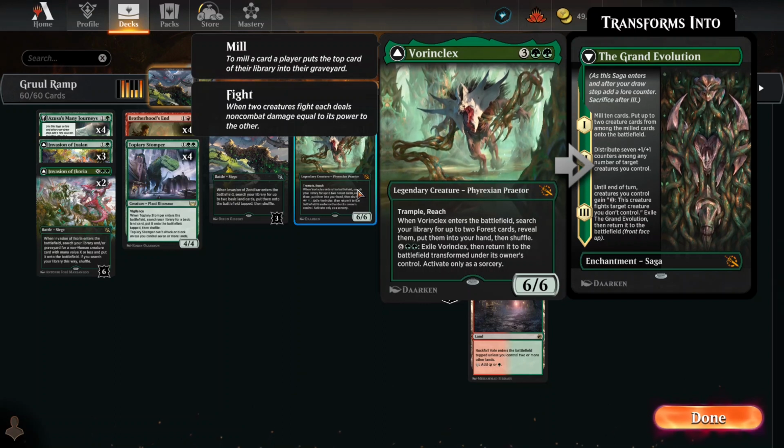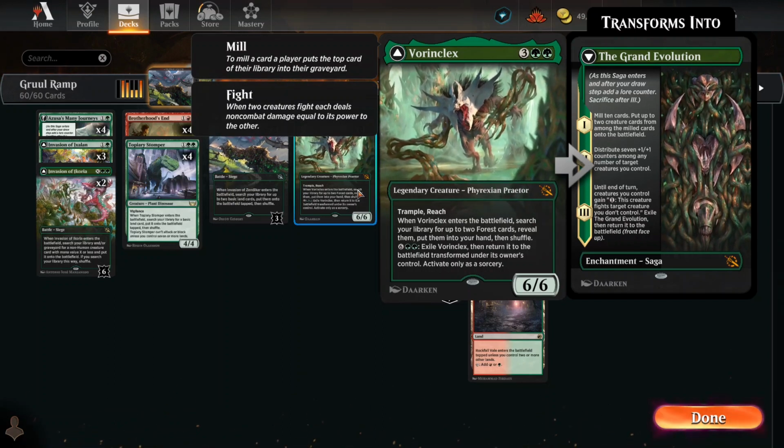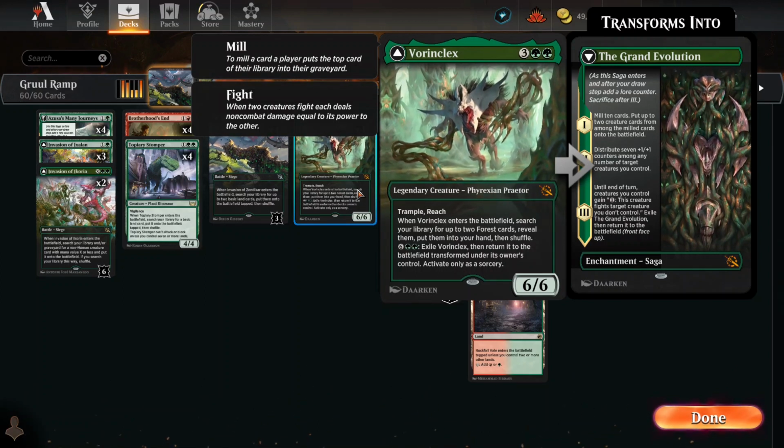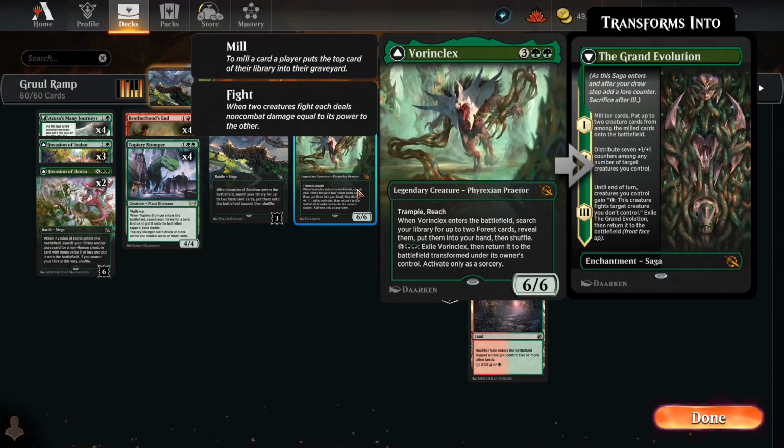Vorinclex will get 2 lands and put them into your hand. You got to put them out slowly, which kind of sucks. But he does have Trample and Reach and is a 6/6. And then after that, you could pay his cost. If you got 8 mana, which he helps you get towards, you can do the other stuff, which basically makes people...